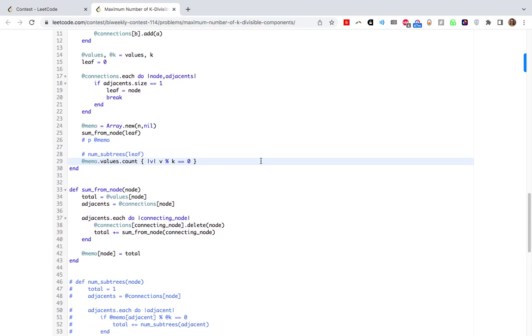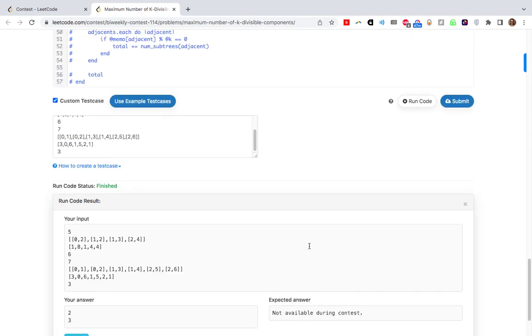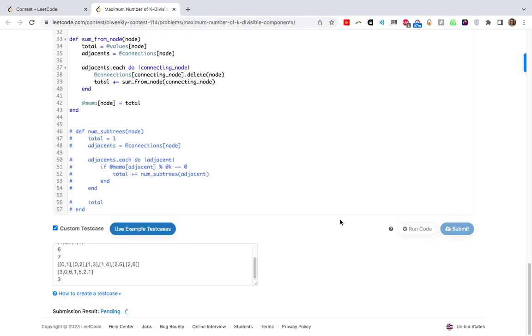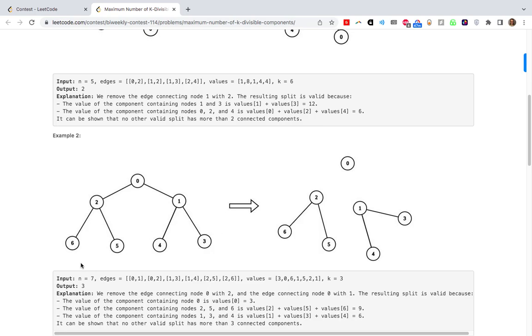Oh yeah, memo is an array. That's a good point. Oh my god, please work. This would be amazing. Okay, great. So first, what I was doing here is basically I'm saying from each node, so I'm starting at